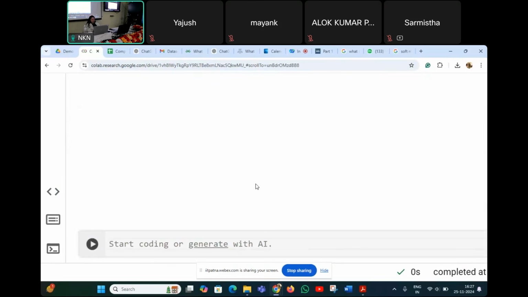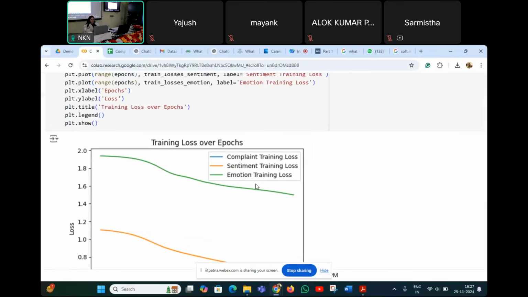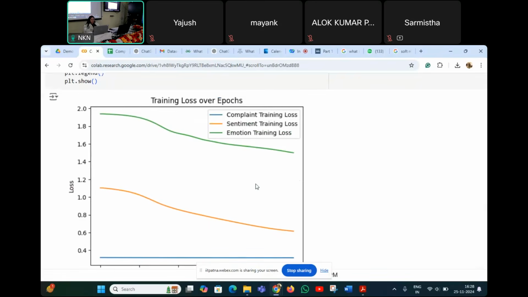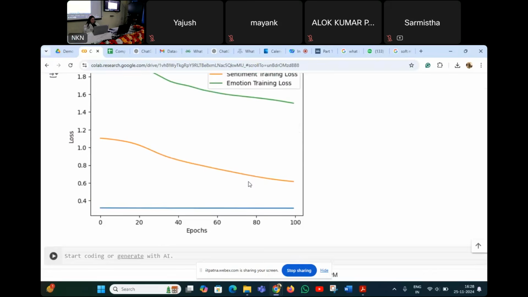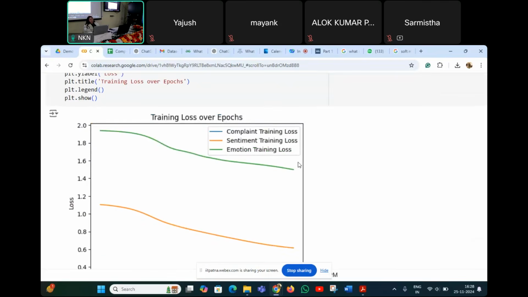और इसको अगर तुम ऐसे प्लॉट करोगे, जो कि एस्केलान प्रोवाइड करता है, तो तुम ऐसे देख सकते हो कि कैसे इसका लॉस हुआ। जैसे कि देखो, सबसे कम लॉस जो है वो है कंप्लेन का, एज आई मेंशन कि इसका बहुत अच्छा रिजल्ट आया। फिर जो लॉस 1.2 से घट रहा था, मतलब कम इम्प्रूवमेंट दिखा कंपेयर टू कंप्लेन, वो है सेंटिमेंट का। एंड लास्ट है इमोशन ट्रेनिंग लॉस, मीन्स इमोशन के टाइम पे ये सबसे ज्यादा इसके पास लॉस था। ठीक है।